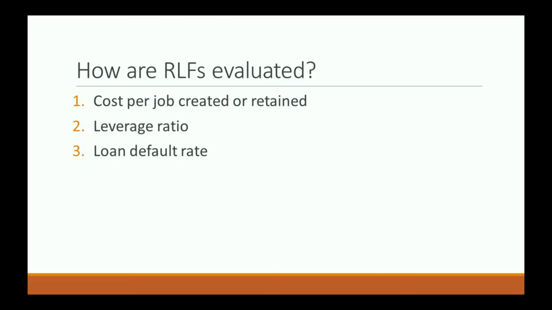A leverage ratio. So we could look at the amount that the RLF has contributed to a project compared to the amount that has come from banks, other lenders, co-lenders, how much the firm has gotten elsewhere. It is measuring the RLF's effectiveness in securing co-lenders. So if they're making good credit decisions, then it should be easy to obtain co-lenders in projects. Again, if you're able to invest a small portion and find a co-lender, that frees up more money for additional